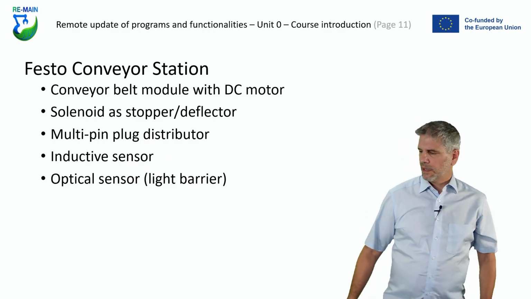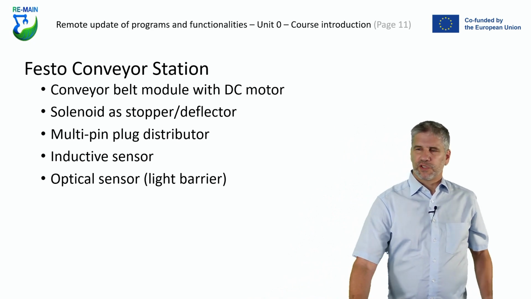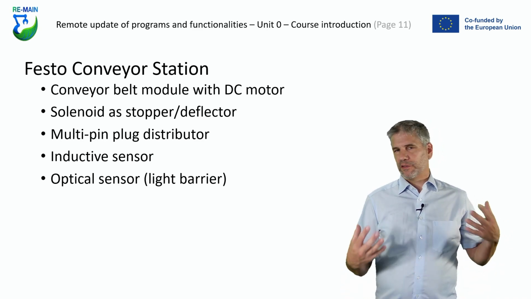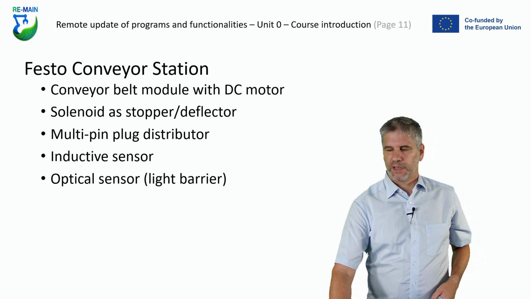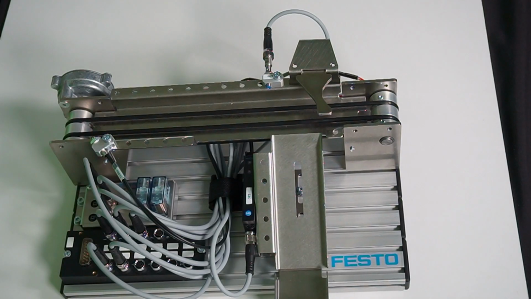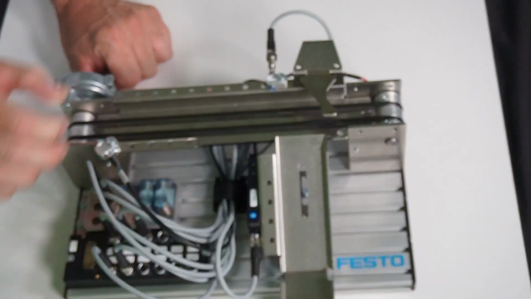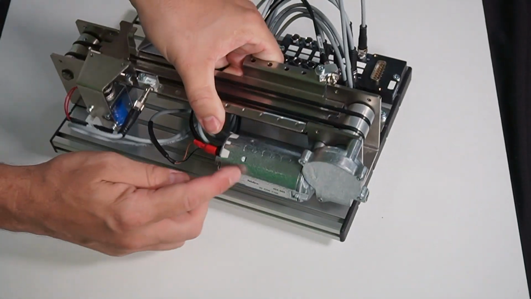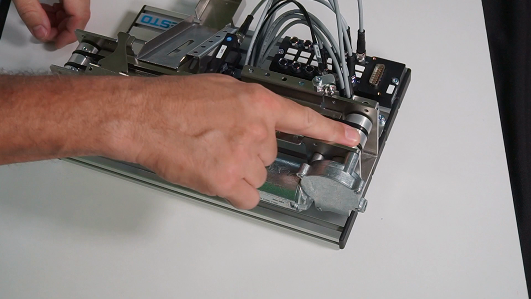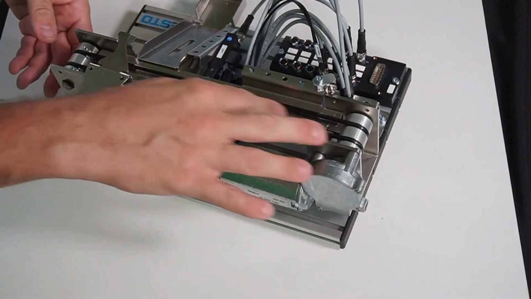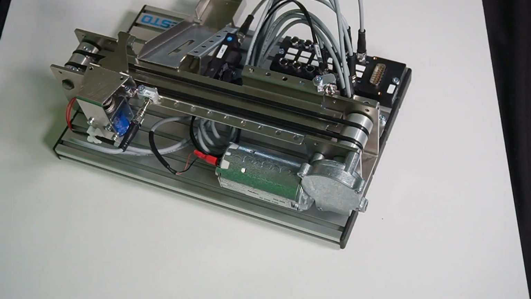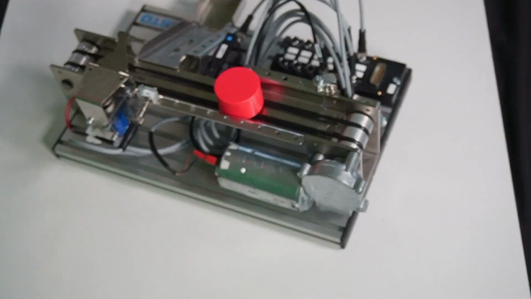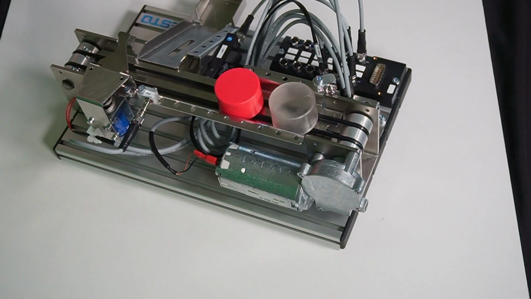And finally, I would like to show you the functionality of the conveyor station so that we understand what we are going to program in the course units. This station consists of a DC motor on the back, and this DC motor operates with a gearbox the conveyor belt itself, and this conveyor belt is then able to transport small plastic capsules back and forward,